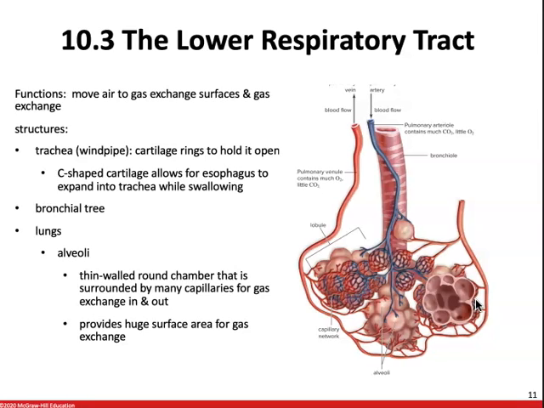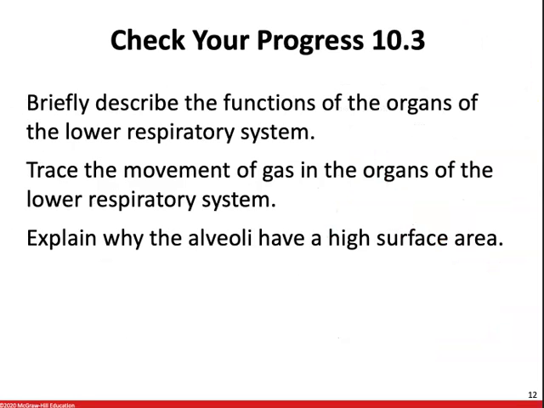So what you need to focus on for this section is briefly describing the functions of the organs of the lower respiratory system and tracing the movement of gas in the organs of the lower respiratory system, explaining why the alveoli have such a high surface area, or what is the significance of that, what is the benefit of having alveoli with a high surface